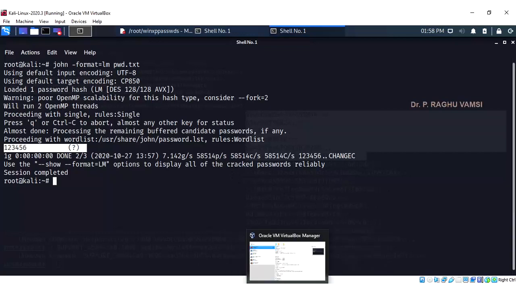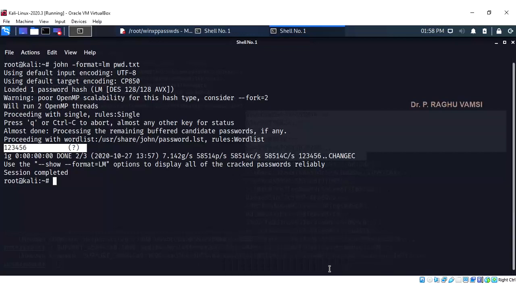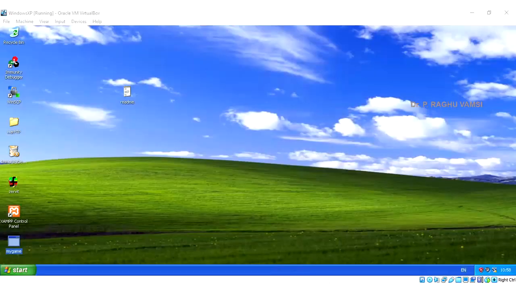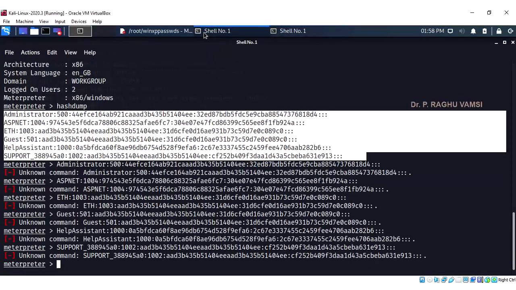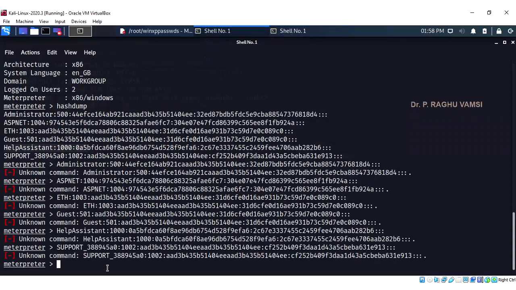That is, you create one more user of your choice with a weak password. So how to create that? You can go to the meterpreter command. There you may go to execute -f cmd.exe -i.